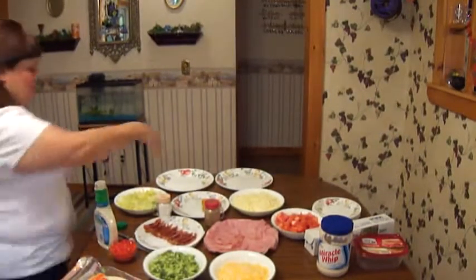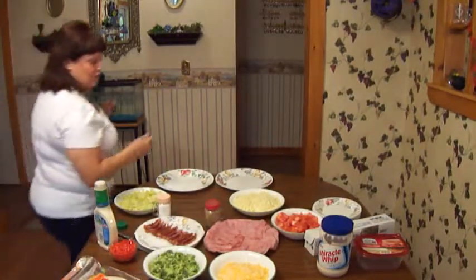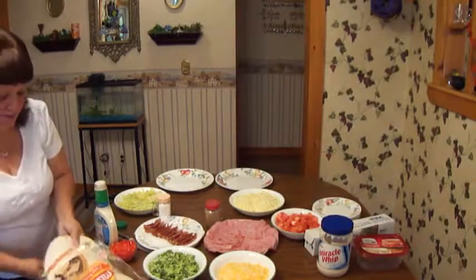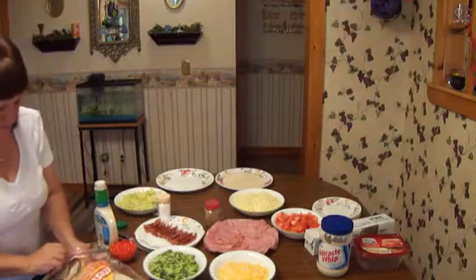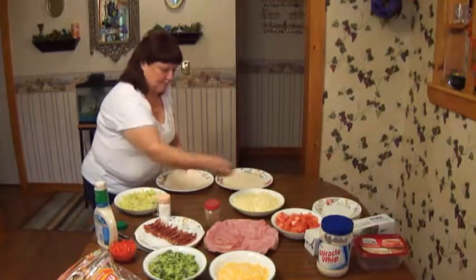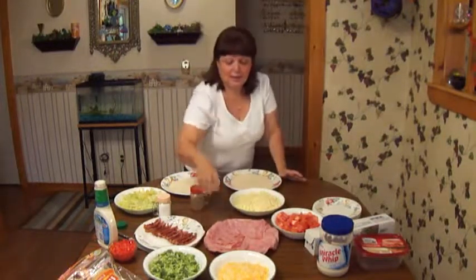Alright, now we're going to move the chicken aside, and we're going to do a club wrap. Okay, now you can make a whole bunch of these. I mean, it's really inexpensive, and you can get a lot more out of this than a loaf of bread. This is much healthier, and with these wraps you can pretty much do anything you want with them. So what I'm going to do with this one is more or less like a club wrap, having the